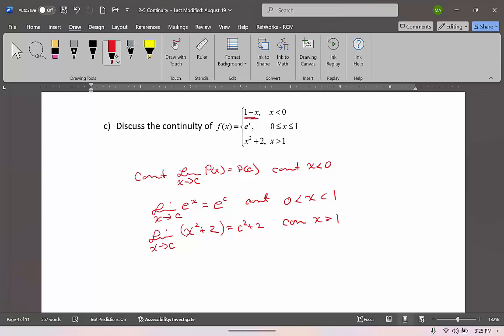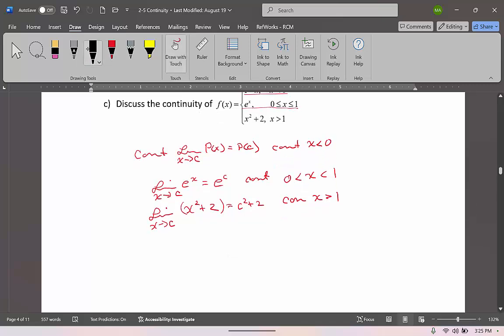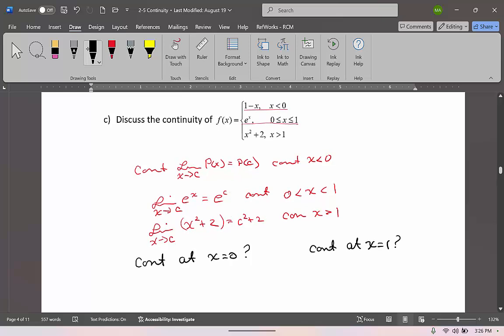So basically, each individual piece is continuous. So the only thing that we have to question is when it stops following one piece of the graph and starts following the next piece, okay? And that would be at 0 and also again at 1. So we want to now check to see, do we have continuity at x equals 0? Okay, and do we have continuity at x equals 1? Okay, so to check that, we know that